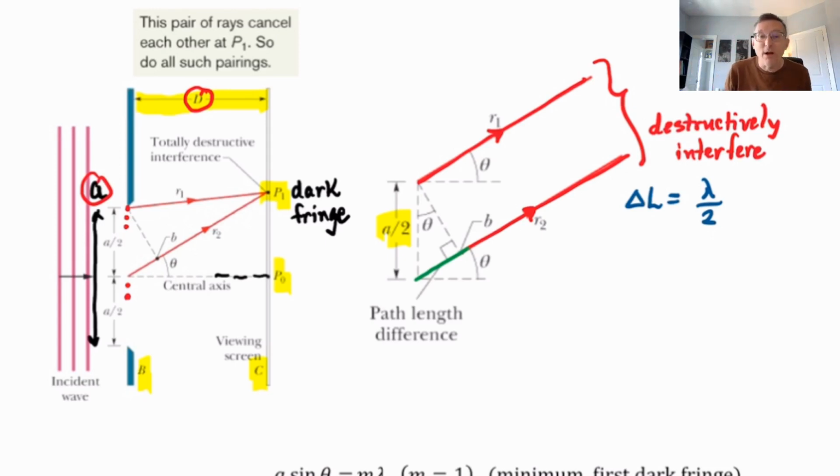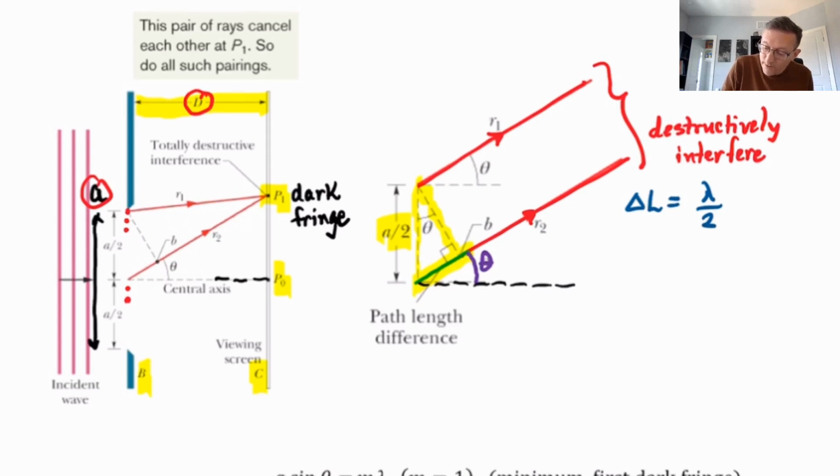But because I'm using this geometry here where the rays R1 and R2 are parallel, I have a nice little right triangle over here, right there, with a right angle and a hypotenuse, etc. And if we take the angle theta, this is important, to be the angle between the dashed horizontal line going across to the middle, called the central axis, and the line going up to point P1, up here, that's the angle theta,